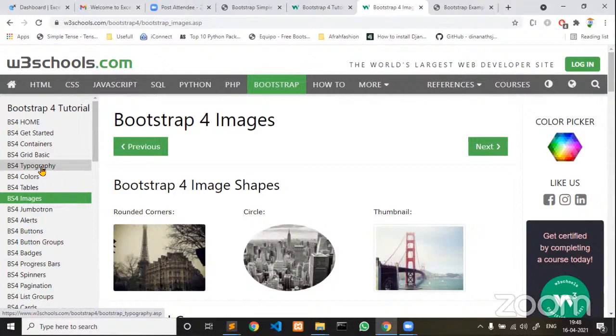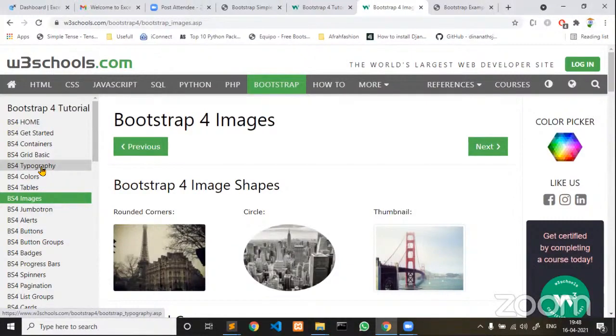If you want to make thumbnail images, make your image a circle, or create rounded corners, every class is already predefined. So once you get time, please go through Bootstrap. Any website is fine, not only W3Schools. And one more thing, don't think that I'm explaining from W3Schools. No, the basics you have to learn from any source, no matter whether you go for the official website or W3Schools.